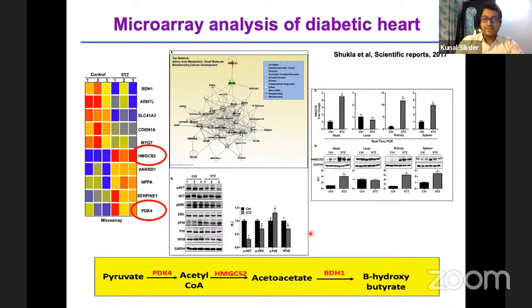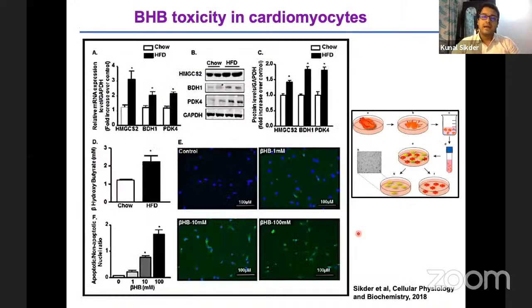So next, since we found that ketogenesis is responsible, at that point of time there was kind of confusion, because ketone body is not always bad. It can also be utilized for energy production. But we found some papers which have shown that a ketone body can also cause the apoptosis of cardiomyocytes and other cells if it is produced in a much larger amount than usual. So what we did is that first we